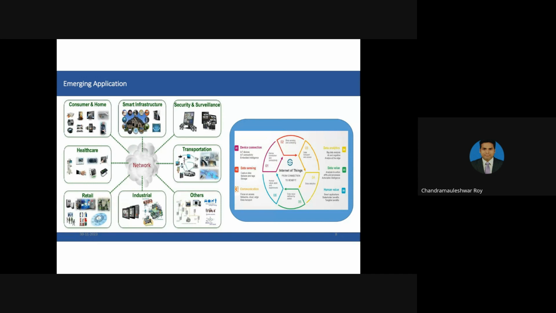Similarly, in smart infrastructure also, suppose you are talking about a smart city. How can you build a smart city? A smart city means, in one city, what are the requirements so that we can say it is smart. In short, not going deeply, just like smart parking should be in a city, a smart traffic light controller should be there, and in most shopping malls proper management should be there.